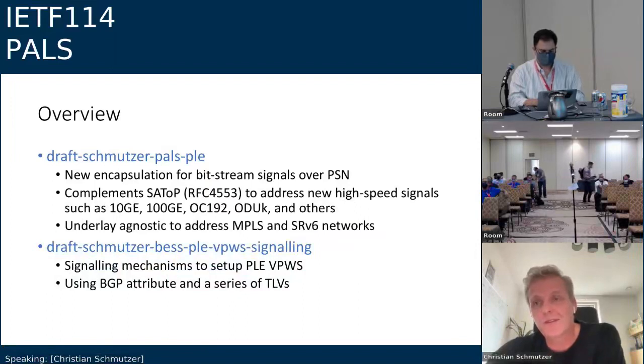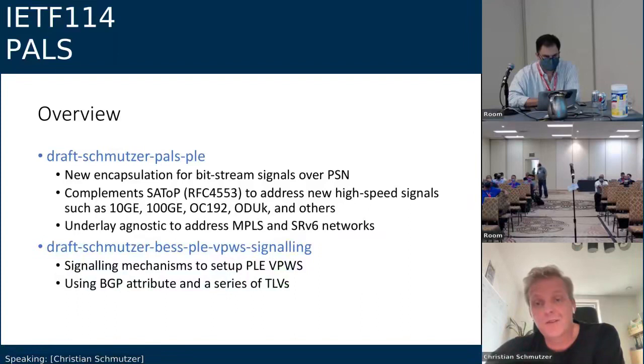This draft is somewhat taking what has been done in the past with RFC 4553 for structure-agnostic transport over packet, and is widening the scope to higher speed interfaces like 10 gig, 100 gig, Fiber Channel of various rates, or even OTN or SONET/SDH. Again, the underlay is MPLS, but these days SRv6 is also a suitable underlay.